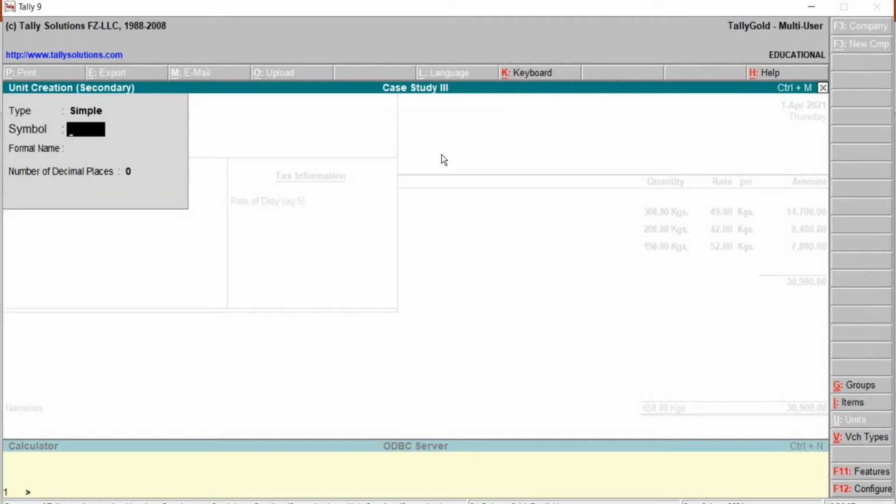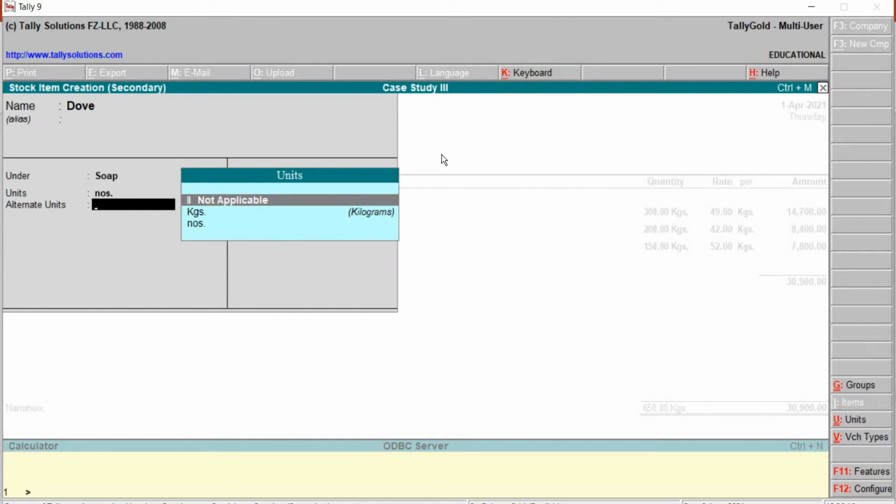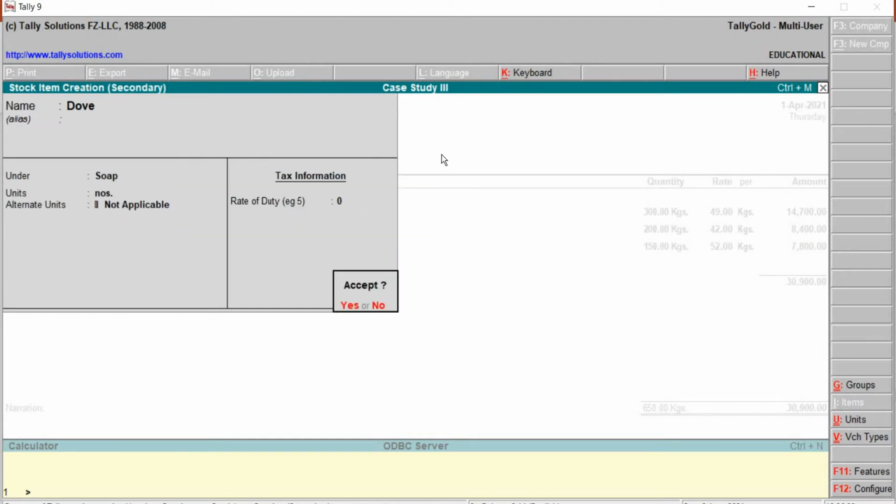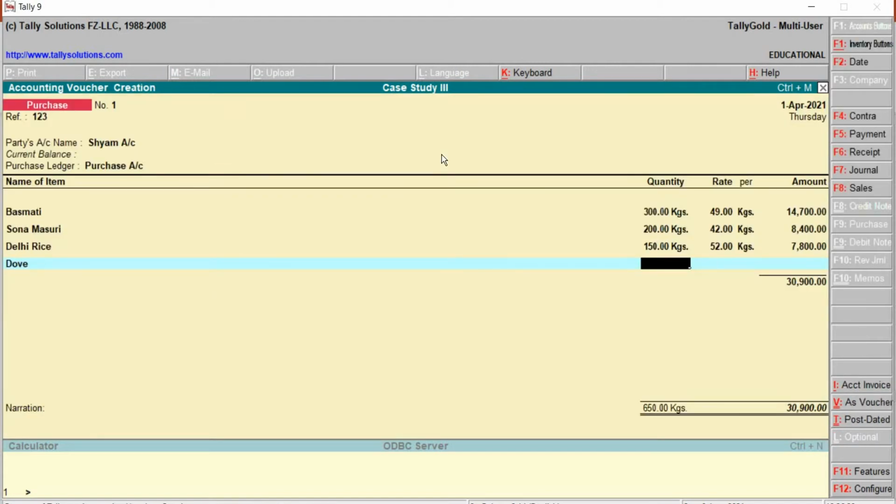Alt C, pieces or numbers. Save. Not applicable. Quantity will be 100. Price is 40.